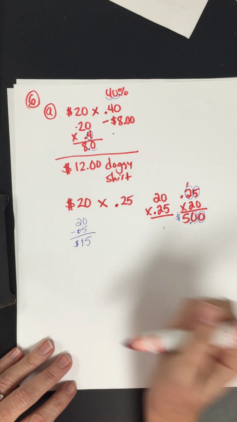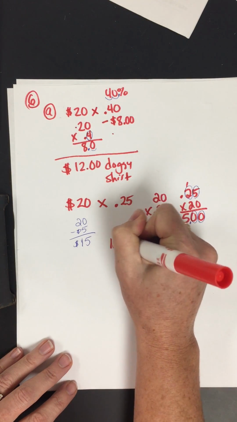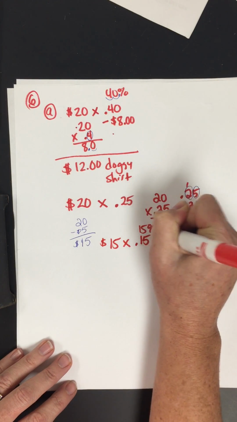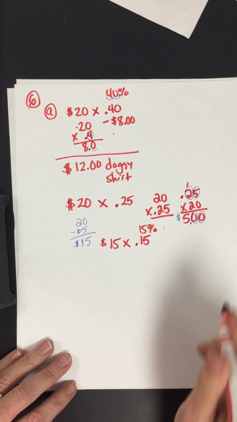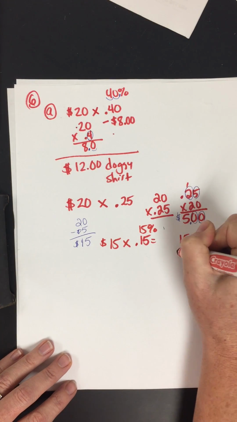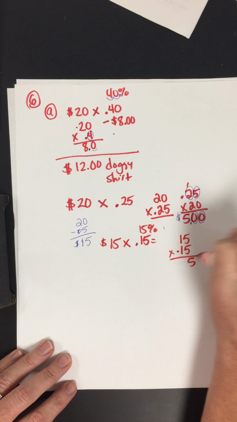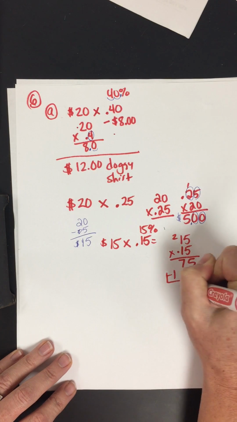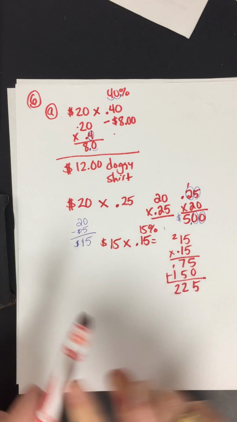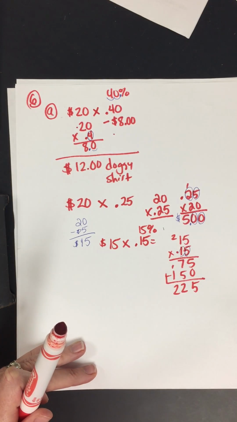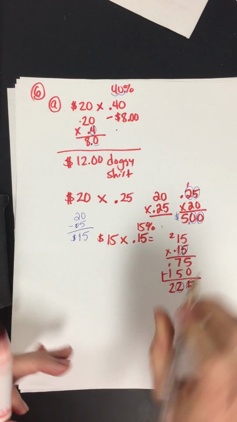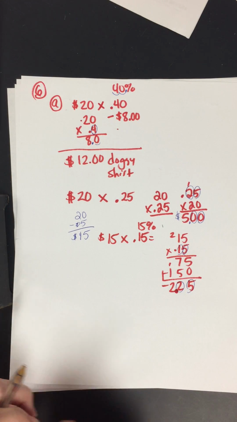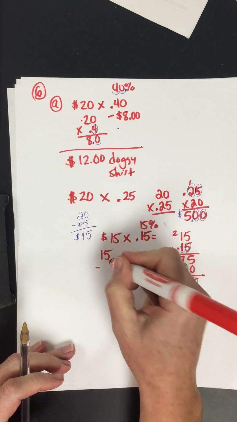But then it says it's an additional 15% off. So we have to take the $15 and take off that additional 15%. Remember, 15%, move the decimal twice to the left, you get 0.15. So to find this, we need to multiply. And you get 2 places to the right and 2 places to the right. So you get an additional $2.25 off of the cost. So if I take off that additional $2.25,